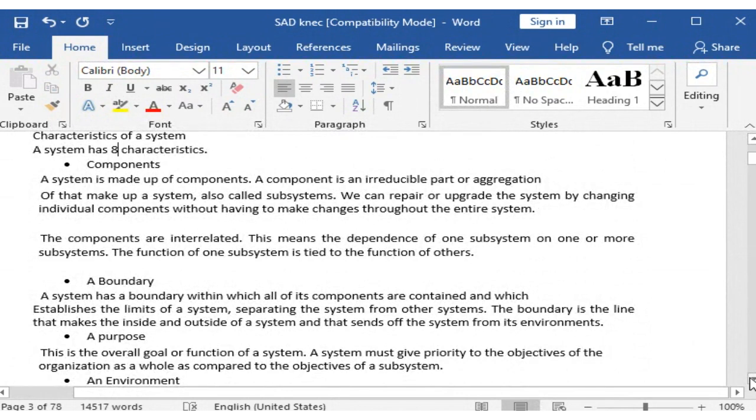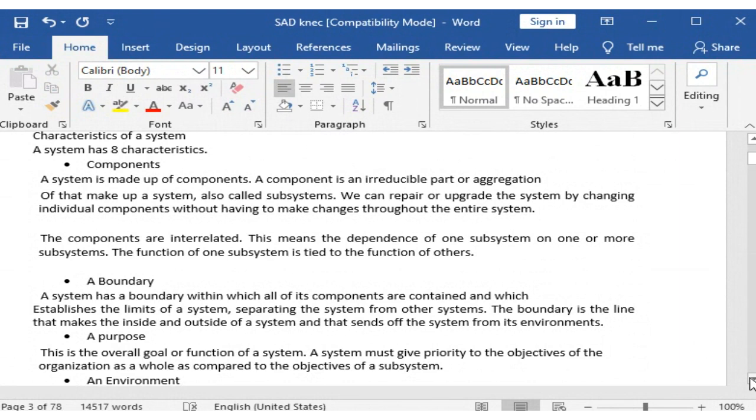And what is a component? A component is an irreducible part or aggregation that makes up a system, also called a subsystem. Remember what we said, a system is made of several components, and these components are called subsystems. We can repair or upgrade the system by changing individual components